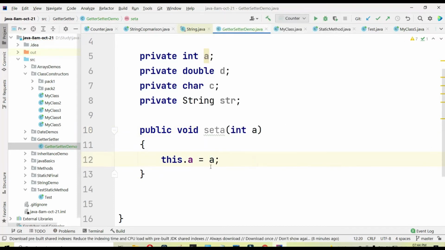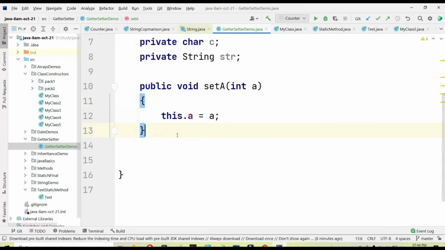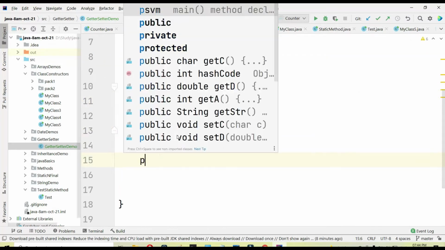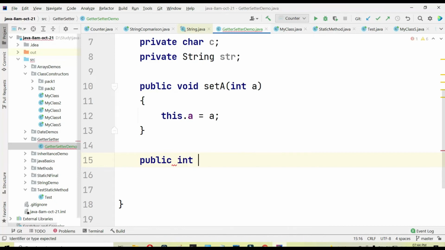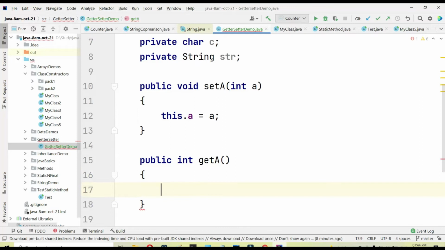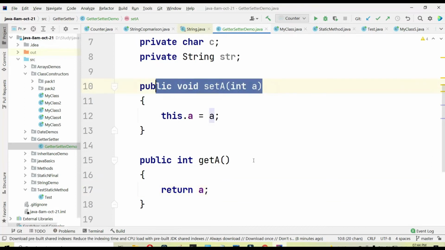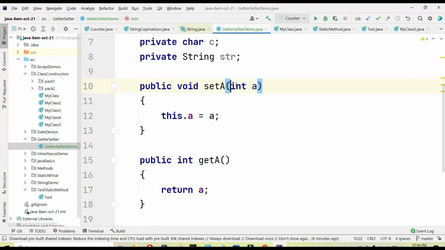This is how you can set a. If you want to retrieve the value of a, its return type is int, so you can write public int get a, and right here return a, as simple as that. So this is the getter method, and this is the setter method.